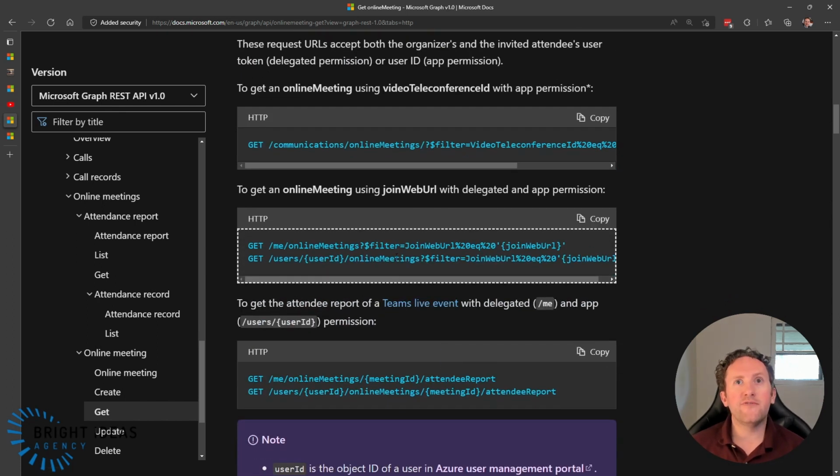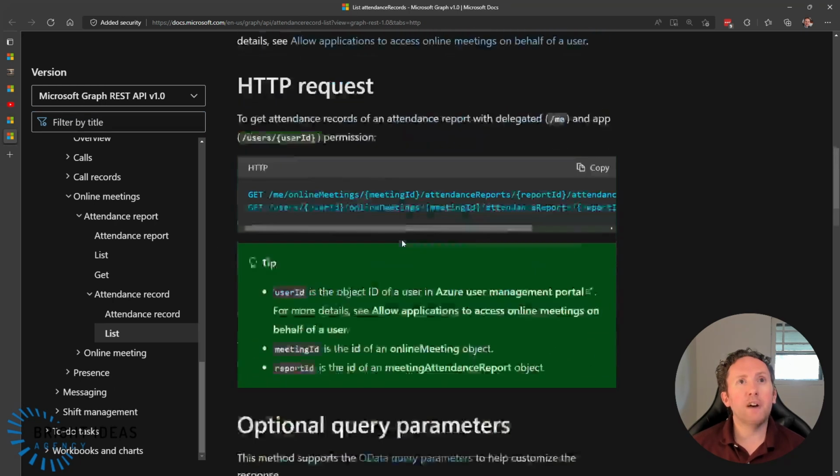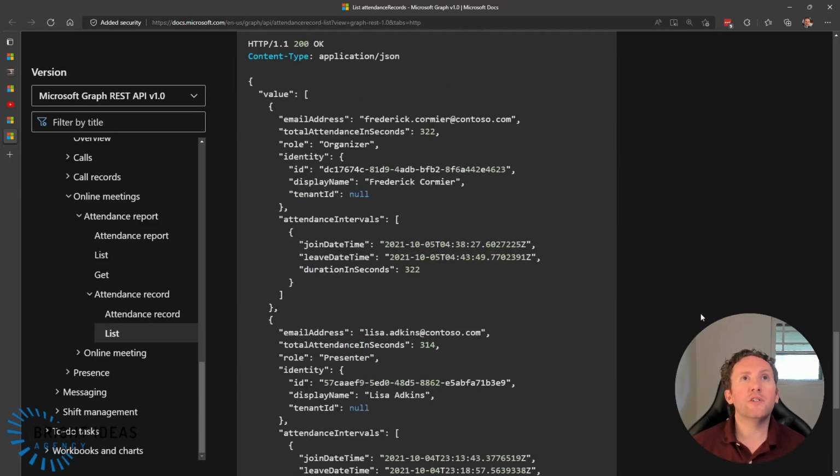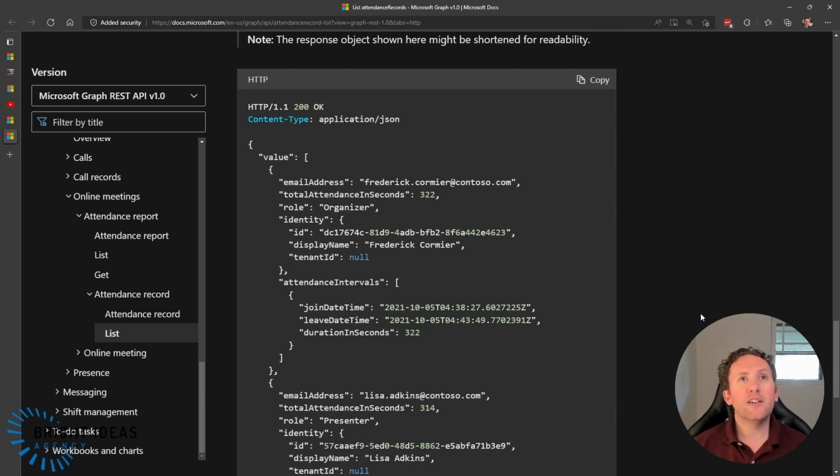Well, there is this nice filter that you can do based upon the join web URL, which we do actually have for each of our meetings. So it is entirely possible to get the meeting ID from Graph using that join URL. So having that meeting ID, you can also get an attendance report. So I went ahead and built a custom connector to query Graph from Power Automate, gave it the right privileges to access this information in Azure,